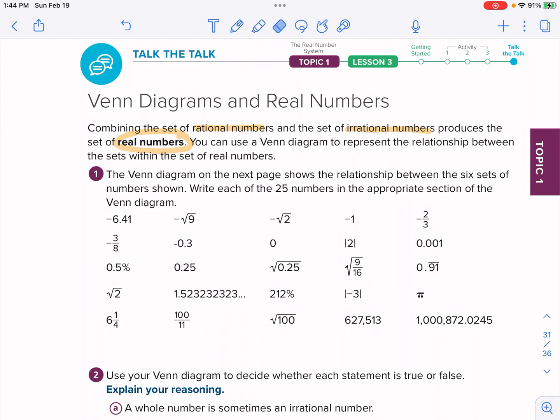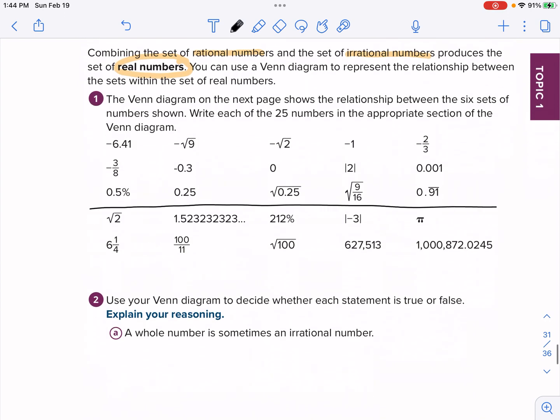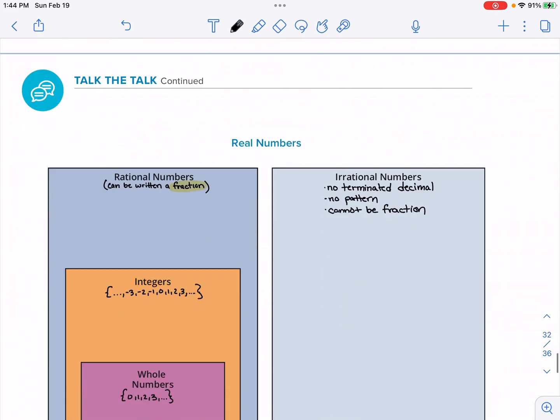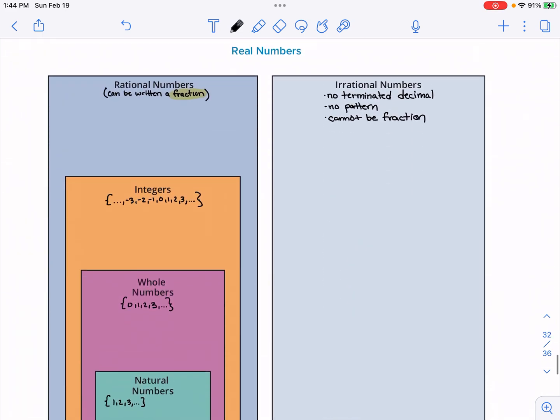Let's do these numbers, but let's do the first. There's 5 rows. Let's only do the first 3 rows. So I'm going to cut these ones out. Okay. Number 2, use the Venn diagram to decide whether each statement is true or false. So before we get to these questions, we're going to have to go to the next page, which is the